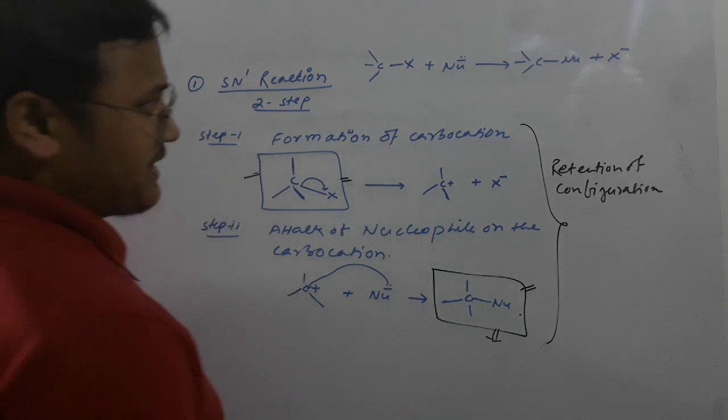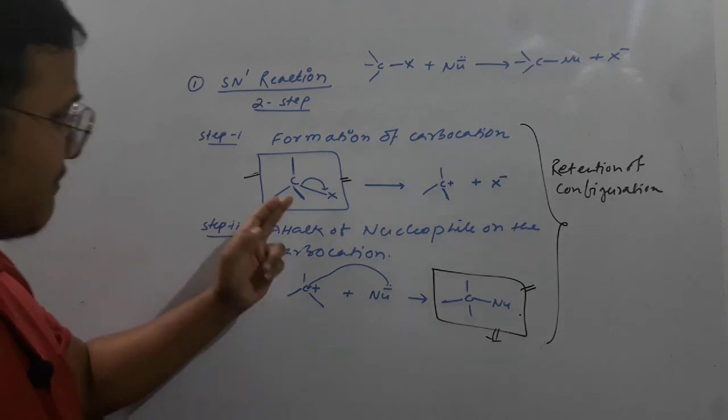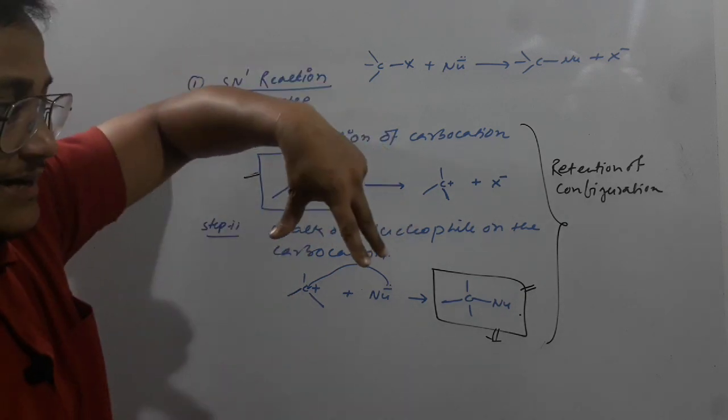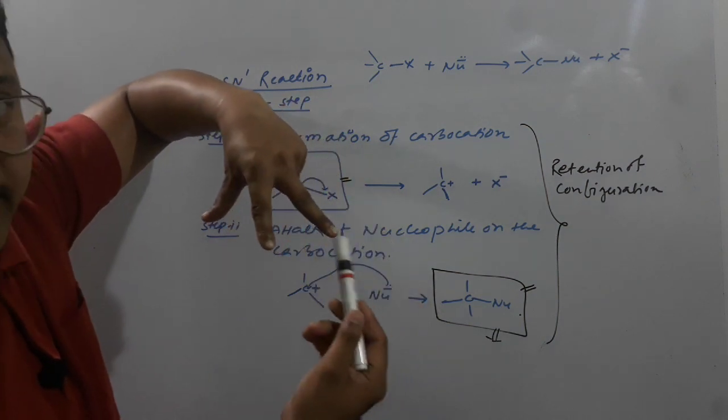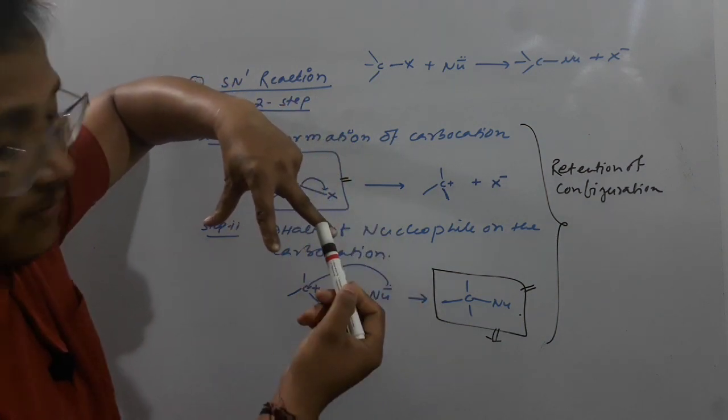Now another prospect is here. Look at here. If you're talking about this bond, they are tetrahedral like this. One bond would be here. Now consider this was our halogen here, right? Now what we have done, we have broken this bond.